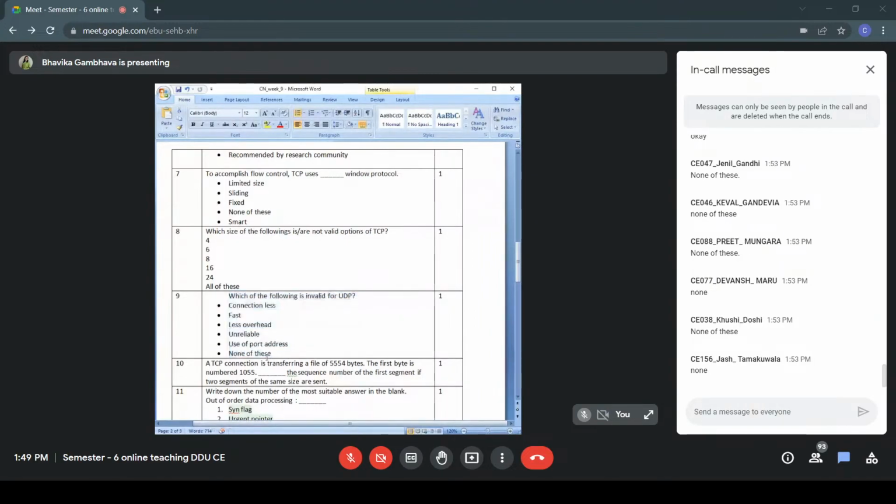That is true. But what I was saying is, if asked which of these is applicable, then all of these are applicable for UDP. It is connectionless, it is fast because there is less overhead, it is unreliable, and port addresses are used by UDP. So none of these would be the correct answer, which you would have written. The next one,